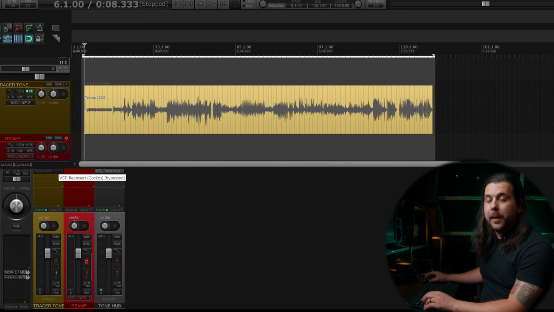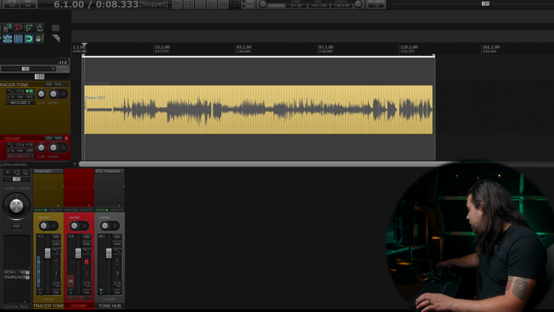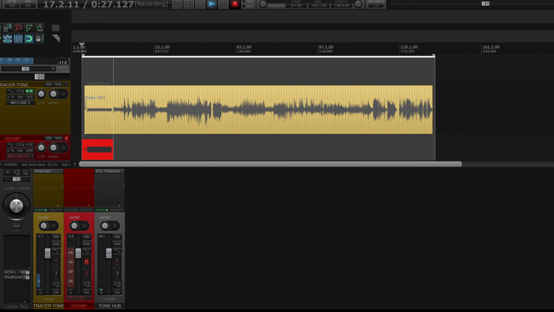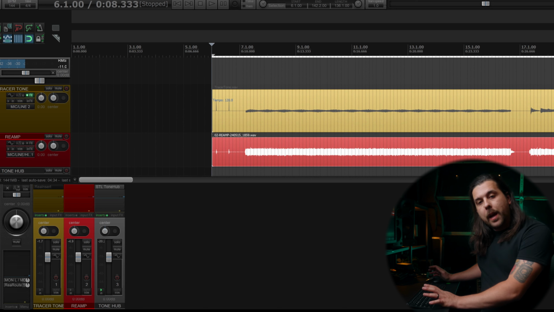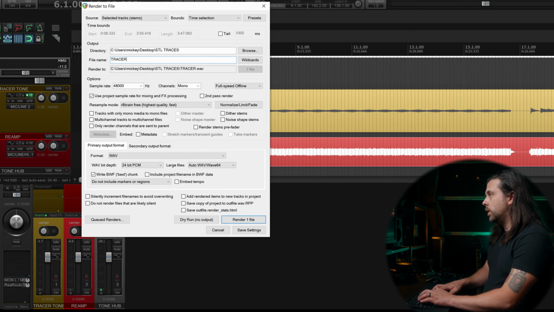So I'm going to start by reamping this. I'm going to turn my gate off, a little hissier, and I'll fast forward through this process because this can take quite a while. Okay, now that the reamping is done, we need to export the reamped tracer tone file and then re-import it into STL Tone Hub. So, tracer reamp